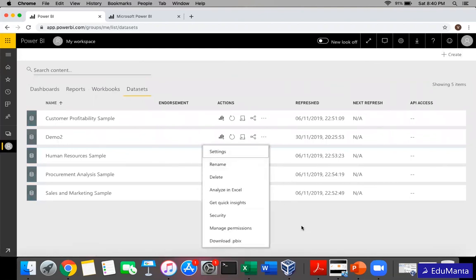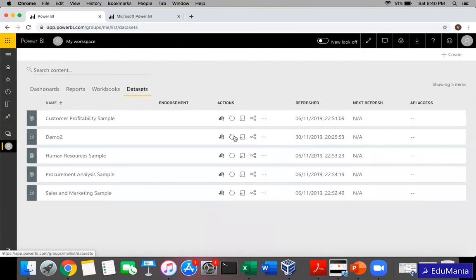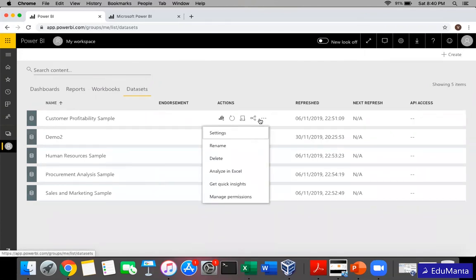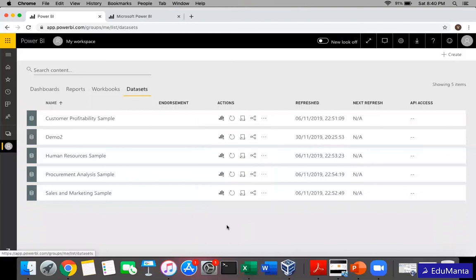Okay, right now maybe it's not showing because there's no refresh data gateway available, but here we get an option of scheduling a refresh. There we can define, if you have a premium account, it's allowed up to 48 times a day. That is every half an hour you can refresh your data set. If you have a pro account, it's up to 8 refreshes a day.